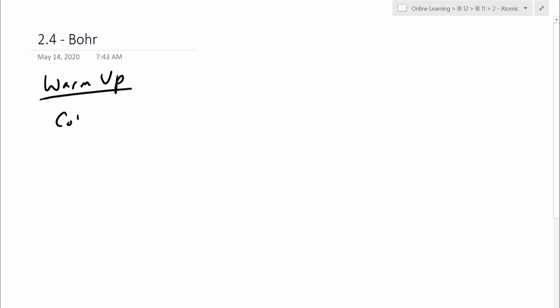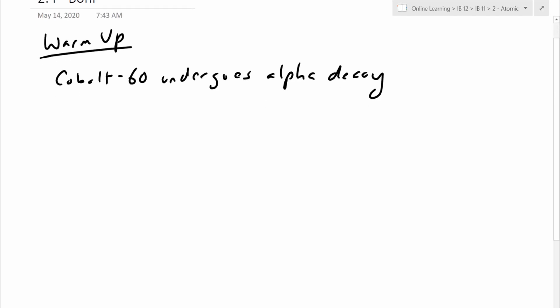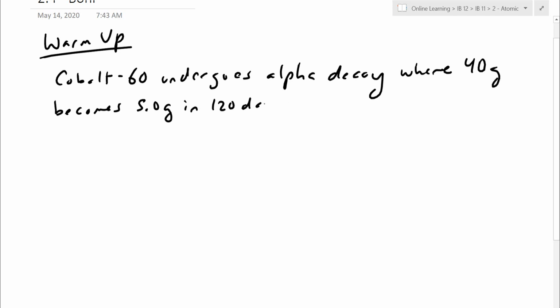I'm told cobalt-60 undergoes alpha decay, so the weakest form of radiation. An alpha particle here is a helium nucleus. I'm going to just make up a number here. This may not match up to the actual decay rate, where 40 grams becomes 5.0 grams in 120 days. I want you to find